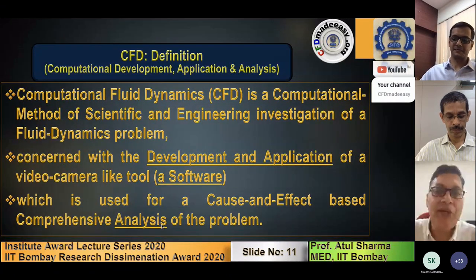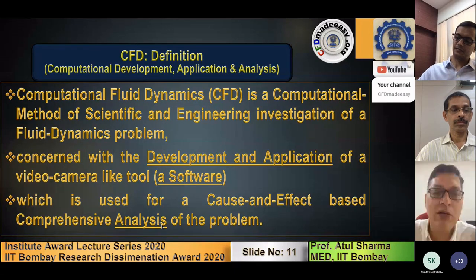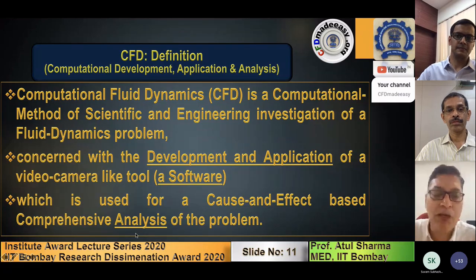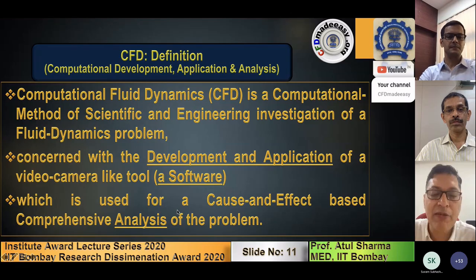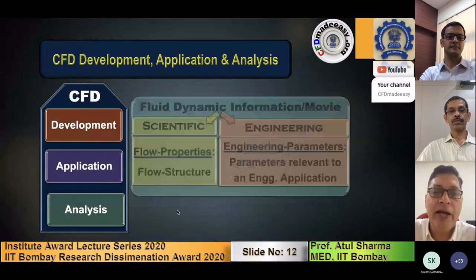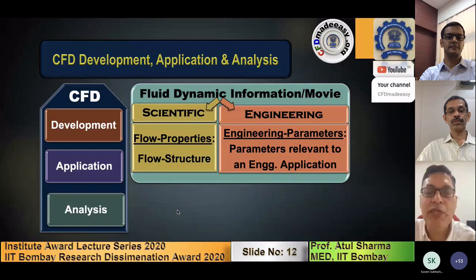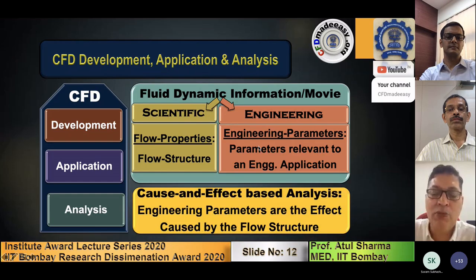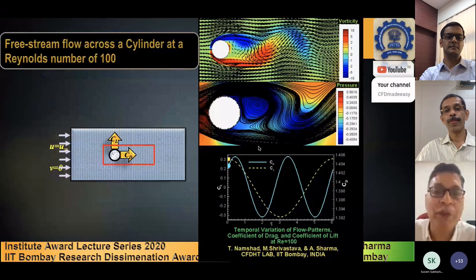So I have introduced the definition of computational fluid dynamics with a different perspective, where I say that CFD is a subject where you learn to develop a product, which is a CFD software, and then you learn to apply it, and finally you try to come up with a story which is scientifically interesting by doing an analysis. I have mentioned that if you talk of any movie, there is an actor and there is a character. The actors in the fluid dynamics movies are the flow properties like velocities, pressures, and temperature, and the characters are like boundary layer, flow separations, vortex formation. Similarly, we have certain engineering information, so we try to correlate both and make up a story.